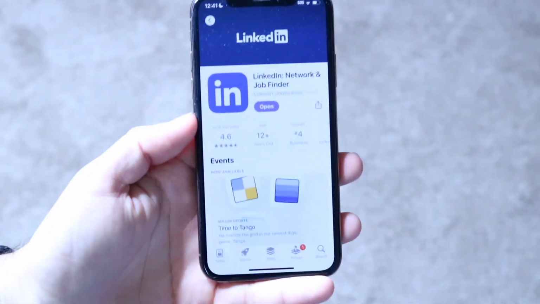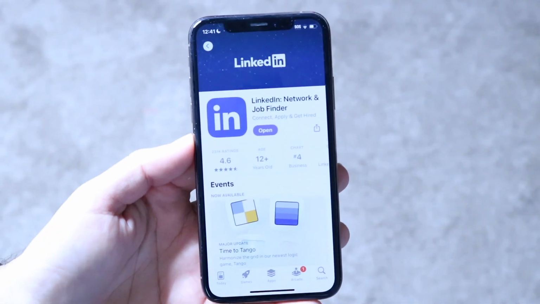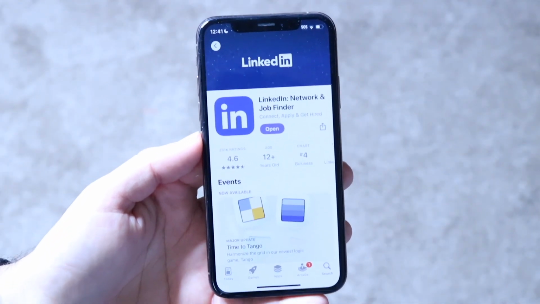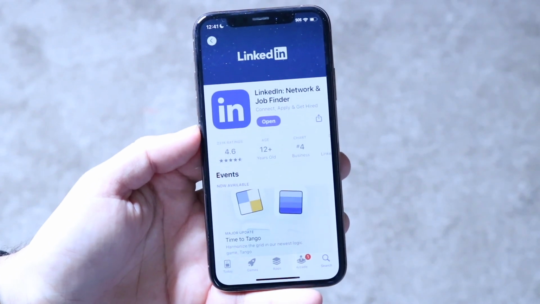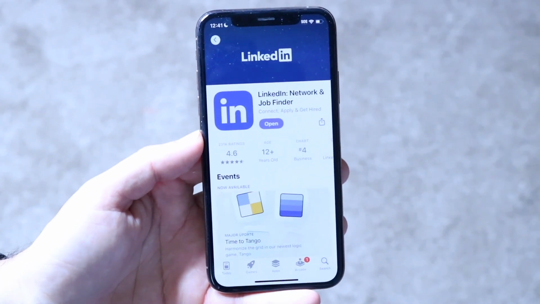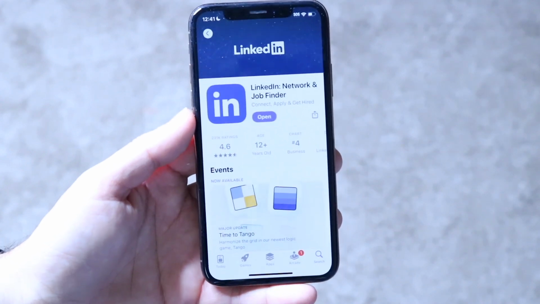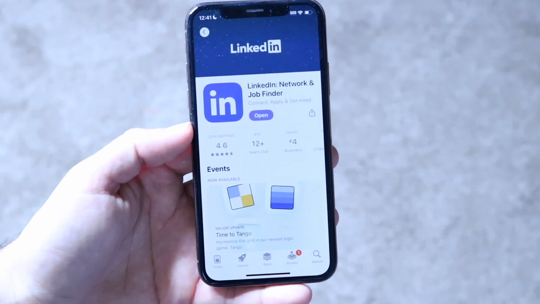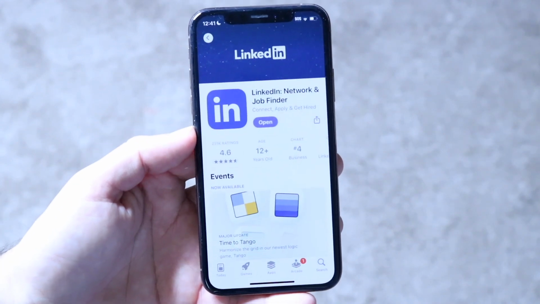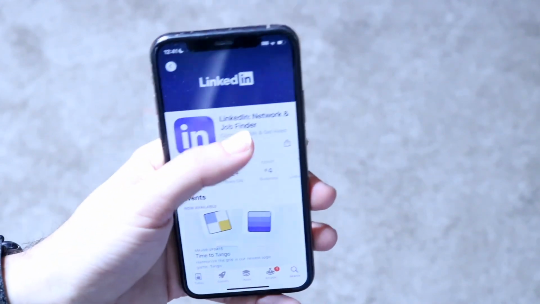So LinkedIn is one of those applications that's been out for a very long time, and I'll give you a quick breakdown on exactly how to use this particular application. Now, number one, there's a lot of amazing stuff you can use within this app, so keep that in mind. The desktop and the application are basically the same thing, so whether you have the app or the desktop, it's basically the same process. So start off by going to linkedin.com, or you can just download the application, and when